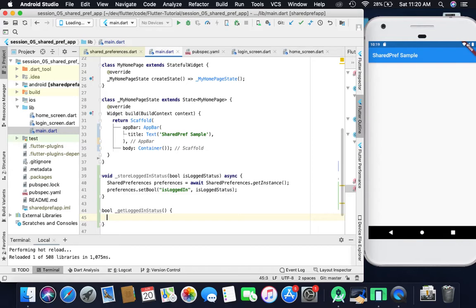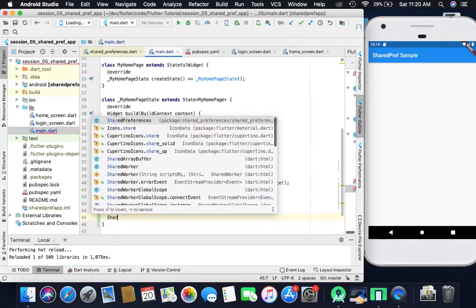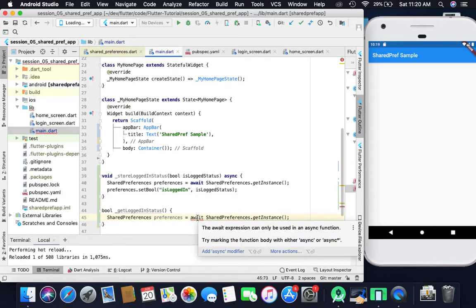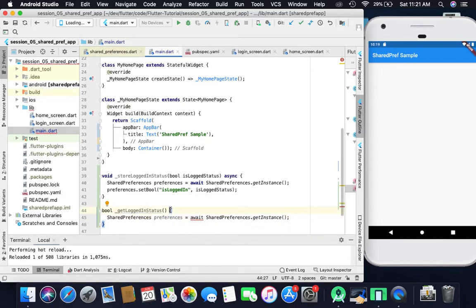I have just created the simple method. Now again create the instance of shared preferences like this; I am just copy pasting. Here again you can see that the await is creating an error. As I already told you, when we use await, it is an asynchronous operation, so we have to add async here.